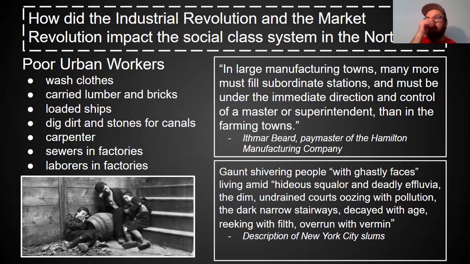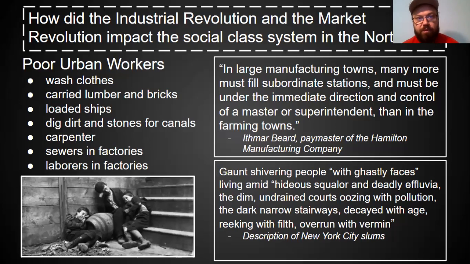So these are the people who are at that position, right? You probably don't have a college education or really any formal education beyond public school, which at that point was basically just elementary, learn how to read and write and then get out of here. And these are people who are manual laborers, right? They wash clothes and they carry lumber and bricks and they load and unload ships, and they're the ones digging the canals and building the roads and building the railroads, and they're carpenters and they're seamstresses and they're laborers in the factories. This image on the bottom left hand of the screen does a pretty good job of capturing